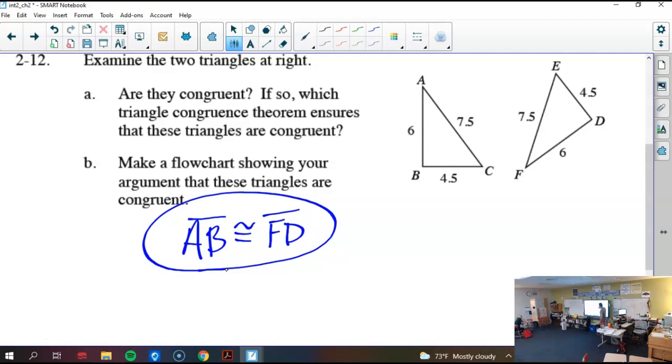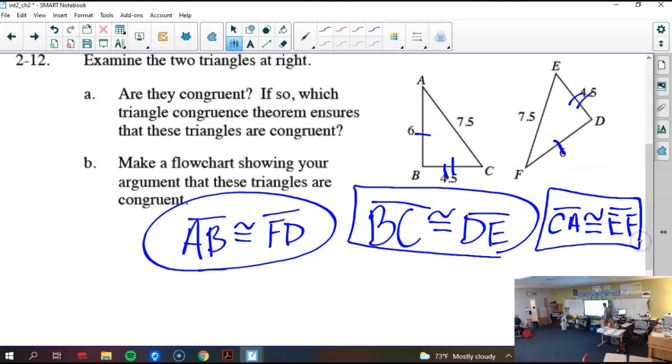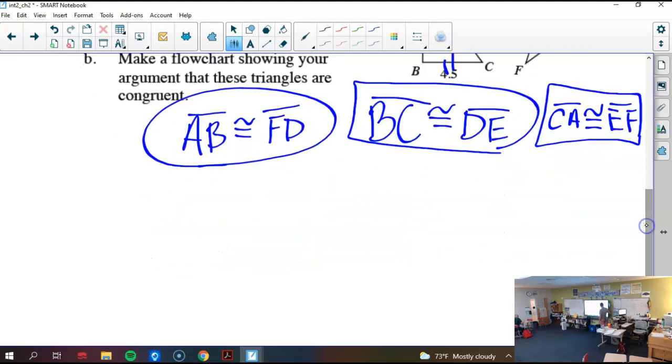Since they don't have to be marked congruent with tick marks, we know 4.5 is equal to 4.5. So likewise, we can say BC is congruent to DE. And likewise, half rectangle, half circle looks like a bullet. CA is congruent to EF. And then